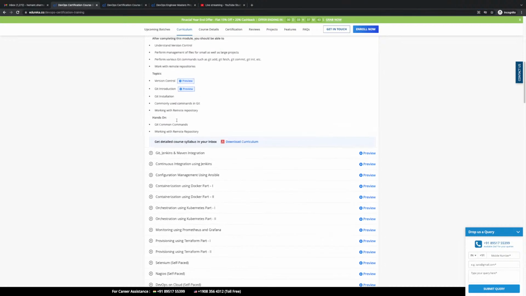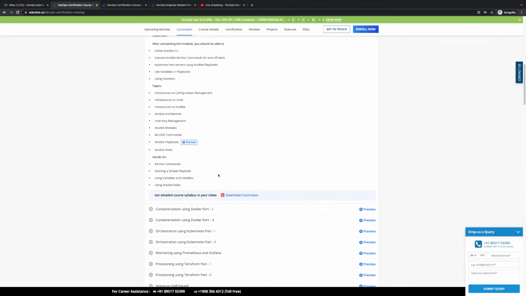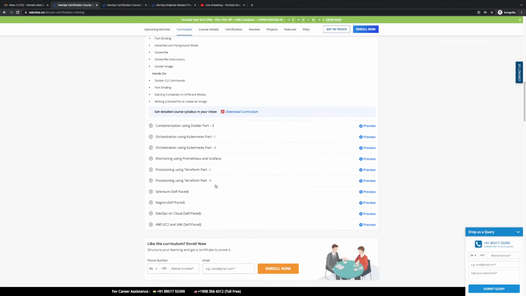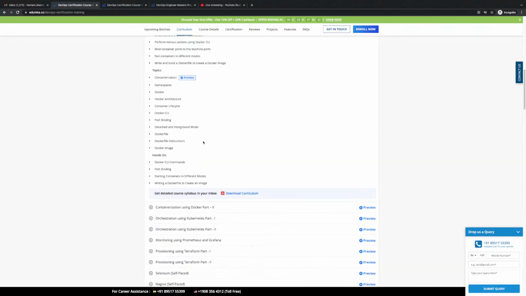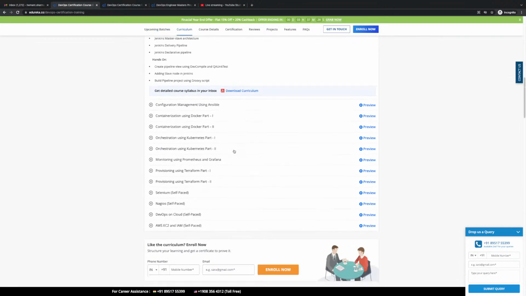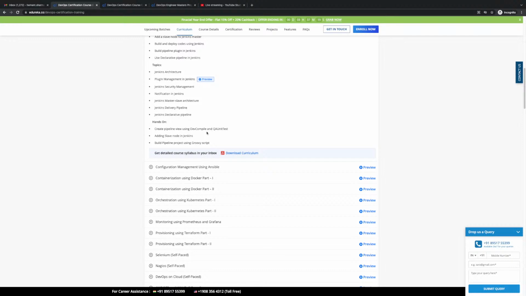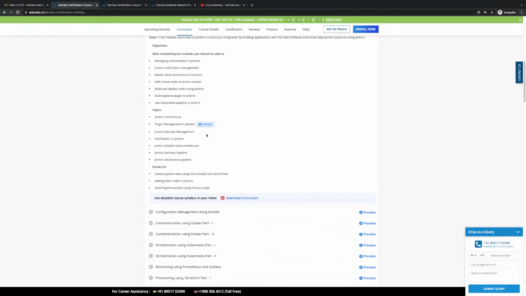So as you can see, we teach you version control, we teach you configuration management, we teach you containerization, we teach you CI/CD pipelines, and that is done using Jenkins. So that is over here, continuous integration, right? We teach you Terraform, we teach you monitoring, we teach you AWS. So all of that is part of our curriculum, and if you go through this curriculum, you should be able to apply to the DevOps engineer profiles which are out there, right?